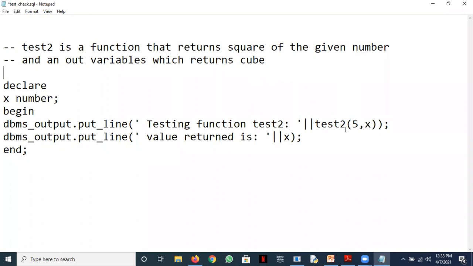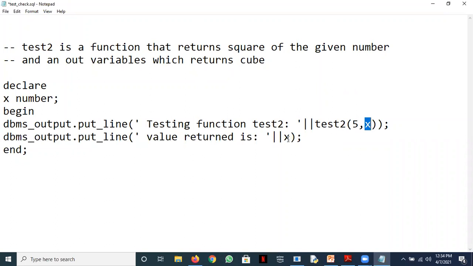This test2 has two arguments, A and B. A is passed. So to the in value, you pass a value. In is going to receive. And for an out value, you take another variable which will receive the value returned by the variable B. That's always how you call whenever you have an out variable in your function. So when I call this function test2, 5 is passed to the function, and a return statement will return the value, and the value of B would be there in X.